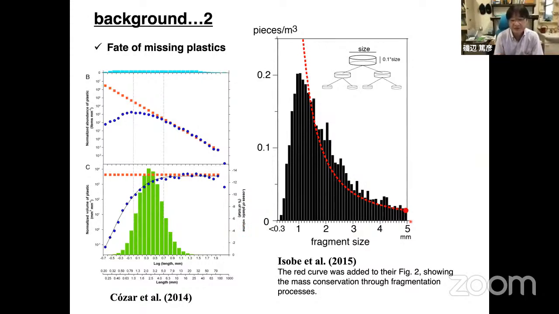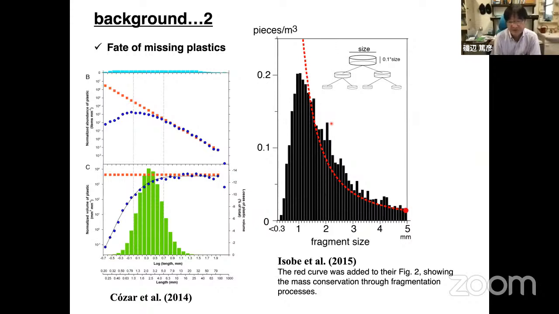We can find that the amount of microplastic increases as we move to the smaller sizes. This is natural because microplastics decrease their size and increase their number in fragmentation, as shown in the upper right cartoon. The red curve means the expected curve of the size distribution by considering the mass conservation through the